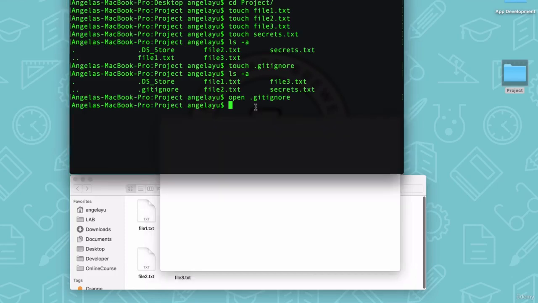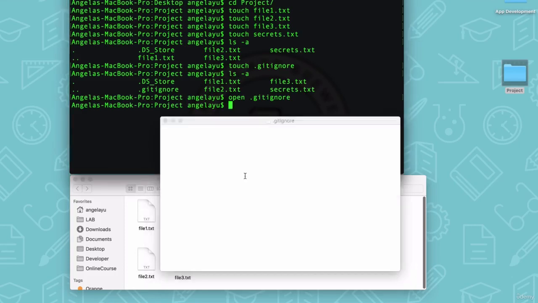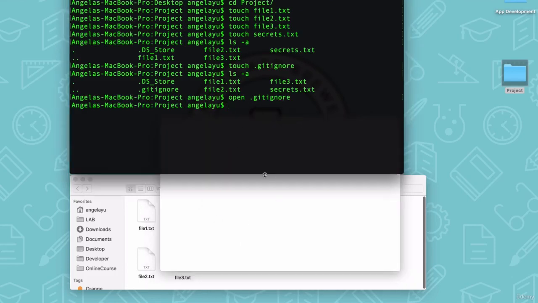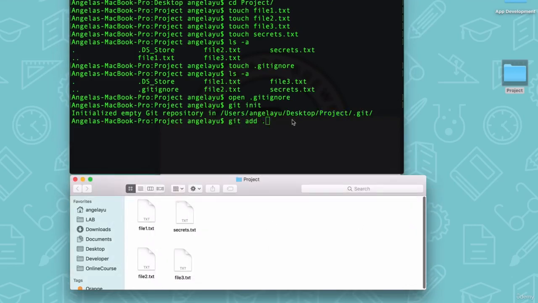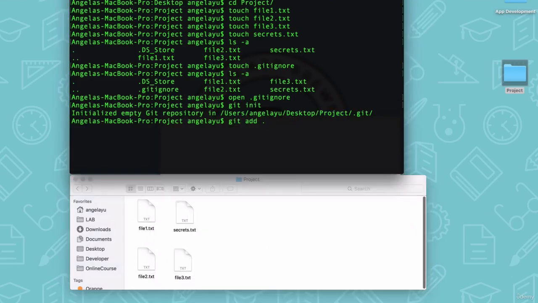So let me first show you what happens when we don't have anything inside our Gitignore. So I'm just going to save it. It's completely empty. And I'm going to go through the normal process of setting up Git and committing it. So first, if you remember, I have to use git init to initialize an empty Git repository inside my project's directory. And then I'm going to use git add dot to add all the files that are currently inside this directory to the Git staging area. So hit enter